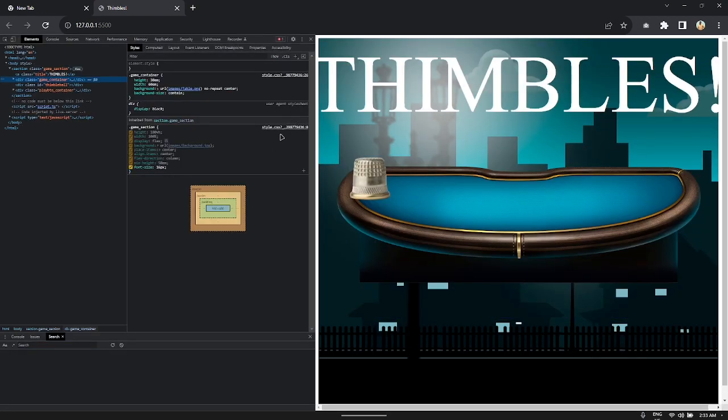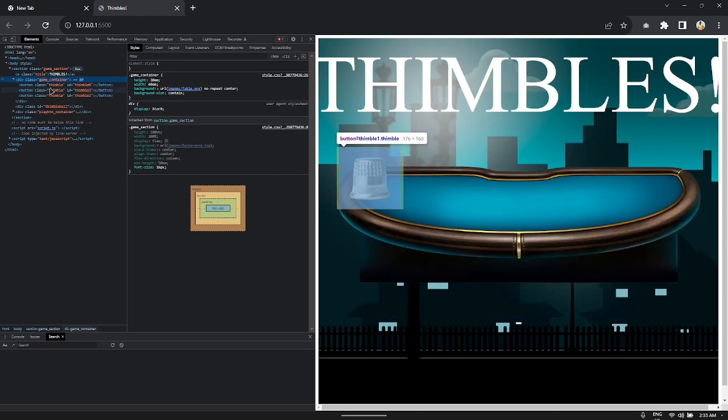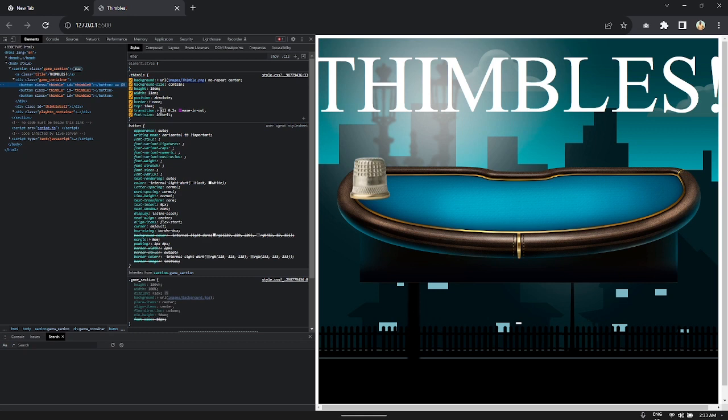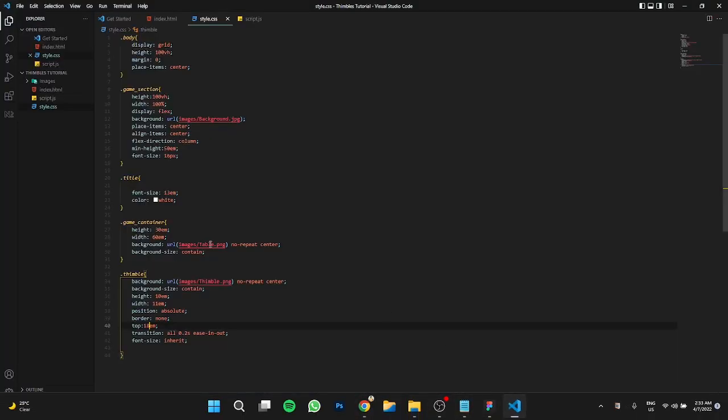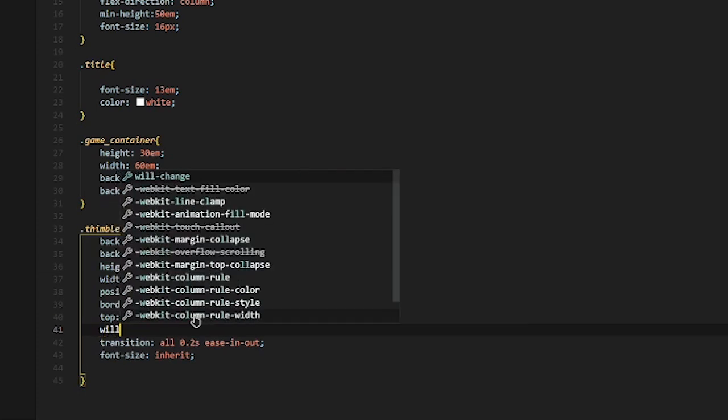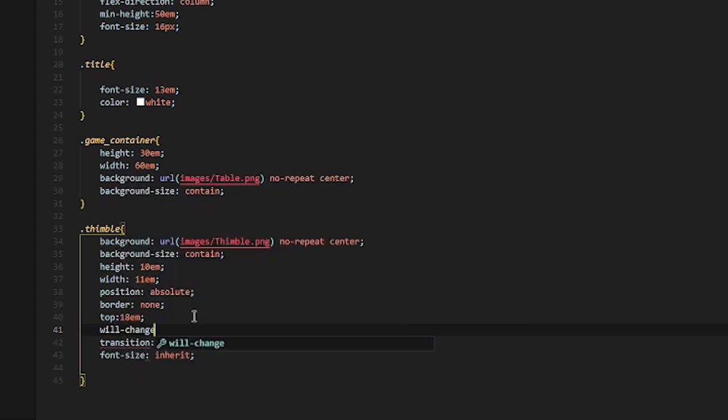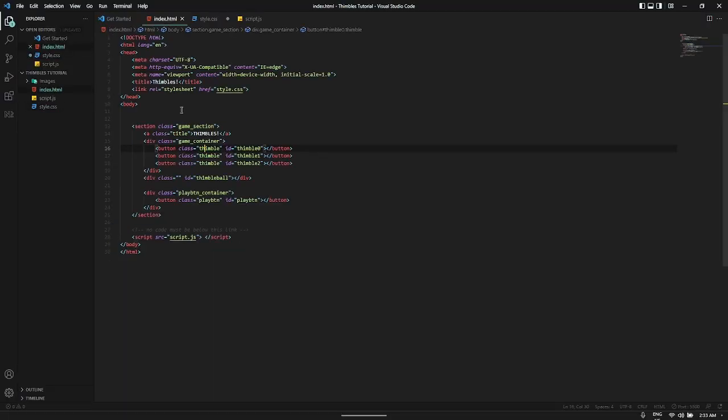So okay, we have to add will-change, so the browser will expect the changes. So transform, top, left. Okay, so I think that is all for the Thimble. Now we are going to work with, I have to style